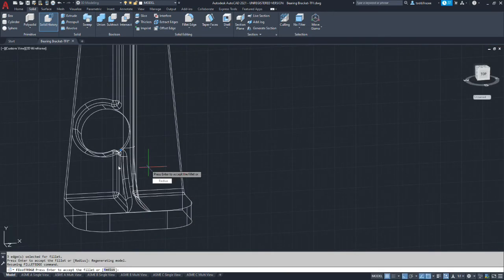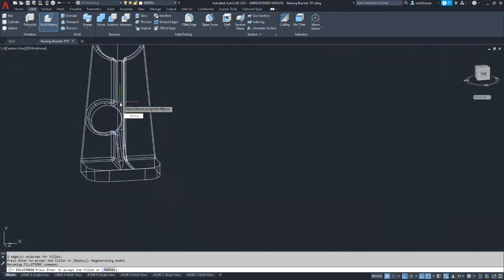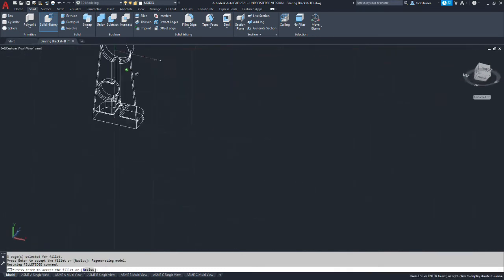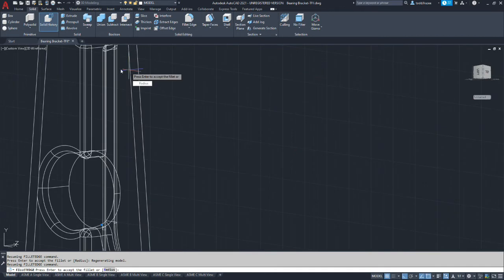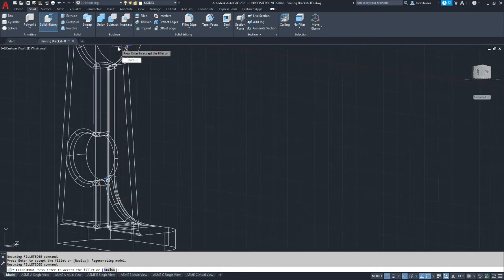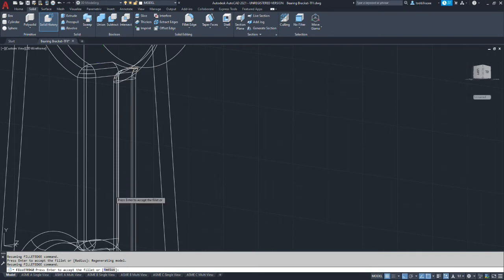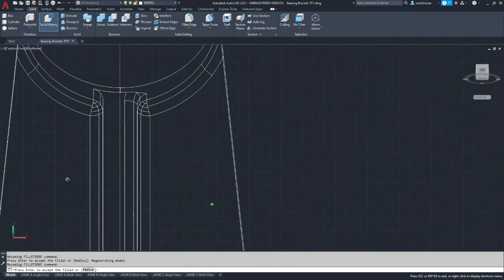Okay, so we now have both sides of the rib below there. Now let's see if we can get the fillet to transition the other side of the rib.